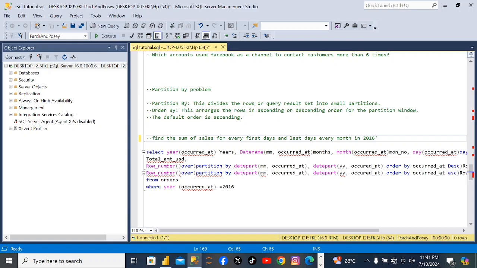Find the sum of sales for every first day and last day of every month in 2016. Now we are going to find the total sum of sales for the first day of every month and the last day of every month in 2016. So we started by select year,